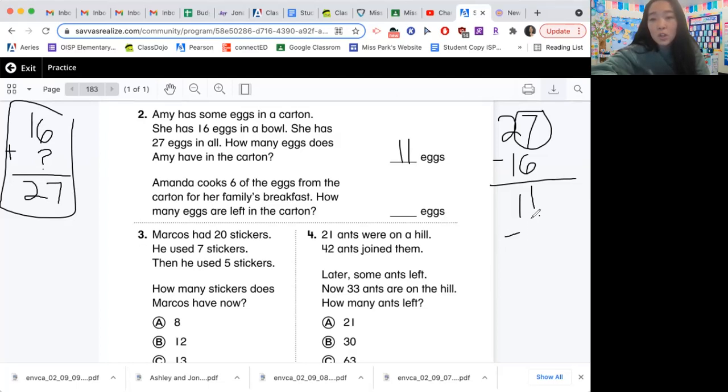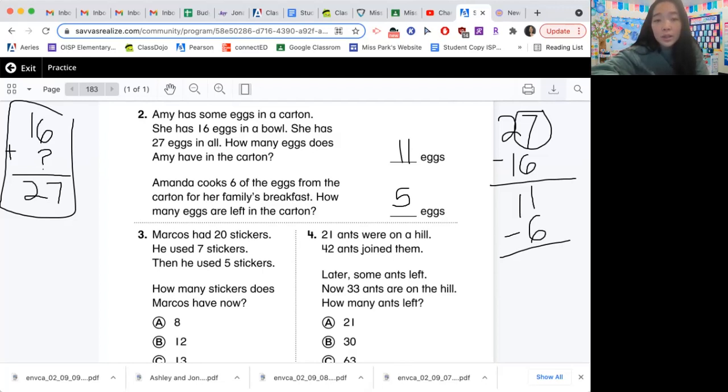How many eggs are left in the carton? So now you're just going to do 11 minus 6. And then 11 minus 6 equals 5. All right, so number 2, the answer is 11 eggs and 5 eggs. If you got something else, make sure you watch this on YouTube, pause the video if you need more